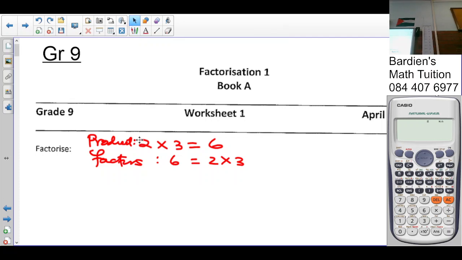So in grade 9 we do 3 types. I mentioned 5, but in grade 9 we're going to do 3 types. And we said we're going to start off with the common factor first. So under common factor, I want you guys to write this note. So common factor is to take out